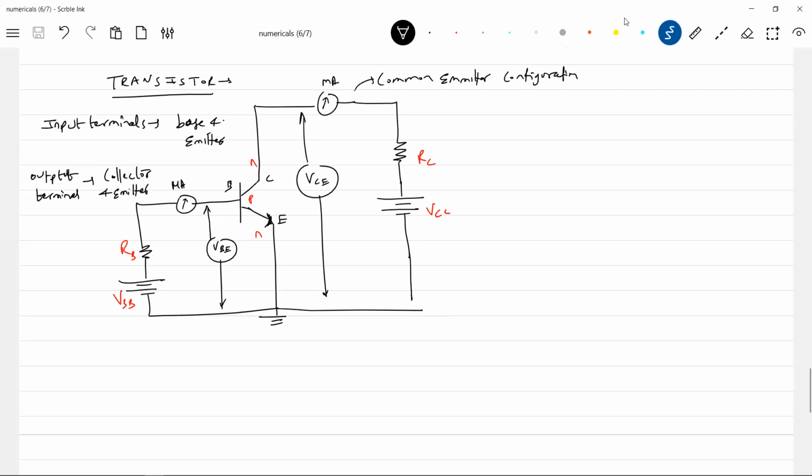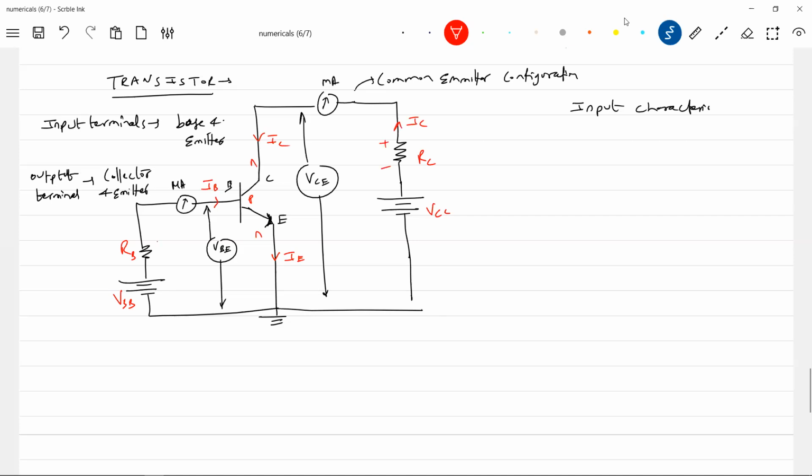There's one condition now. What we want to study is the input characteristics. What do you mean by input characteristics? It means how the input voltage and input current are related. So let's go for the direction of current. Look at this arrow; the arrow indicates the direction of current. So this will be the emitter current. Then the other currents enter: this will be IB, and this will be IC.